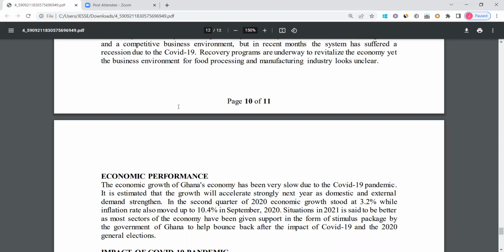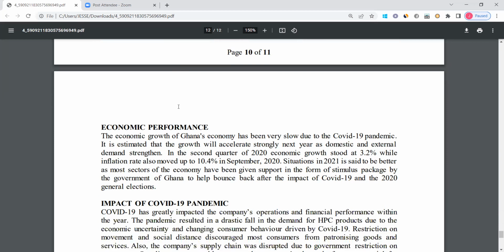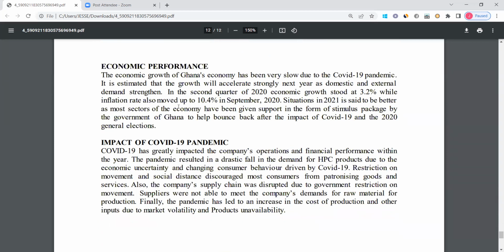Very, very important. So first of all, we would want to understand what measures HPC can put in place to be able to manage this recessionary period. And going forward, in case there are any shocks to the economy like that, how would HPC be able to withstand it? That's a question to answer. We are told about the impact of COVID-19. We all know how COVID-19 has affected